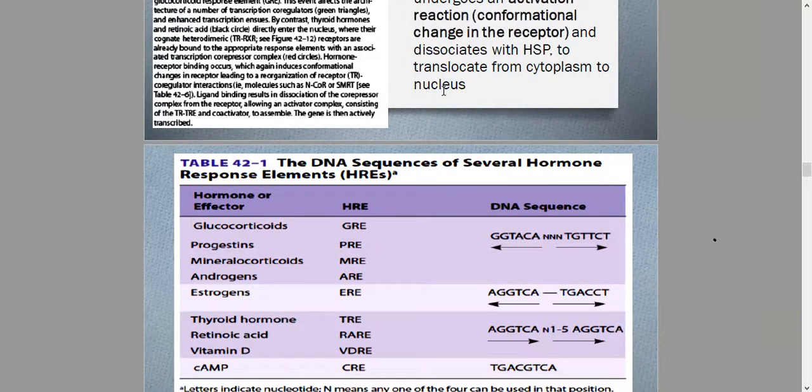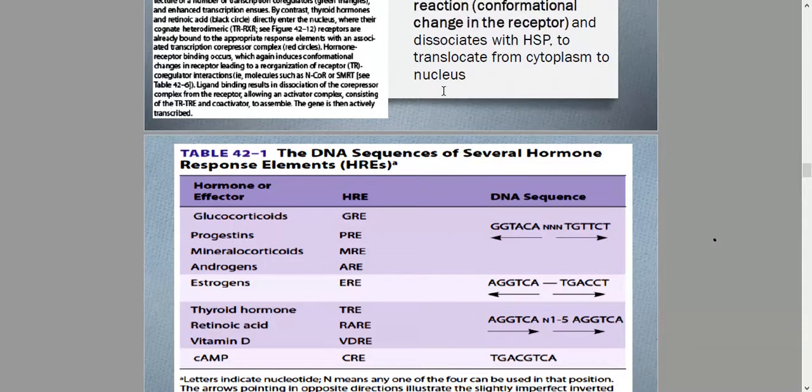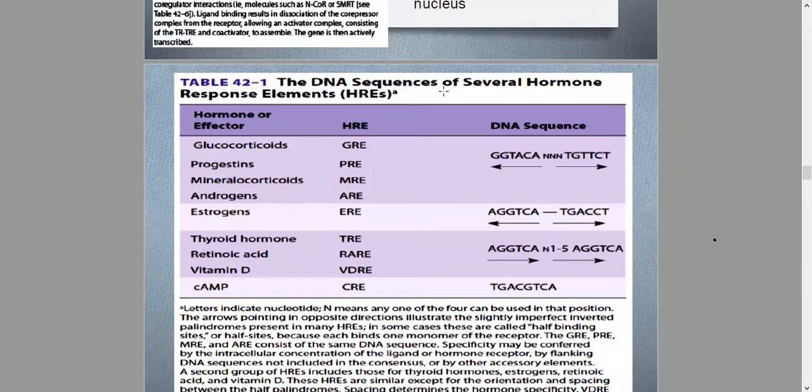Okay, let's describe what REs, or response elements, are. So response elements are DNA sequences that are capable of recognizing hormone receptor complexes. So some examples of hormone response elements and the specific hormone that they can recognize: GRE, glucocorticoid; PRE, progestins,